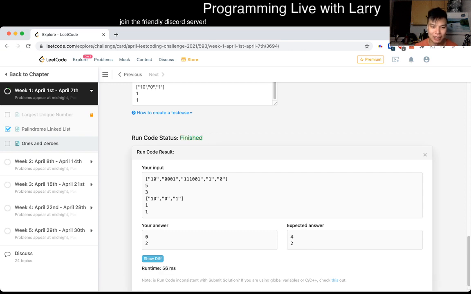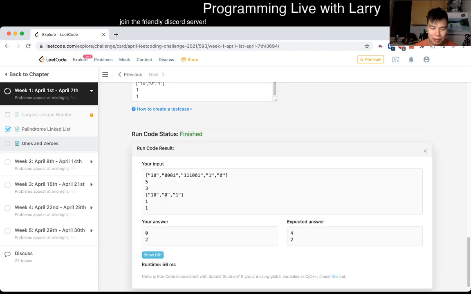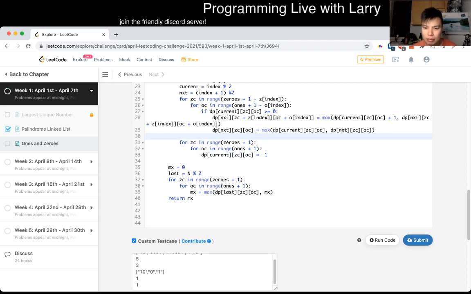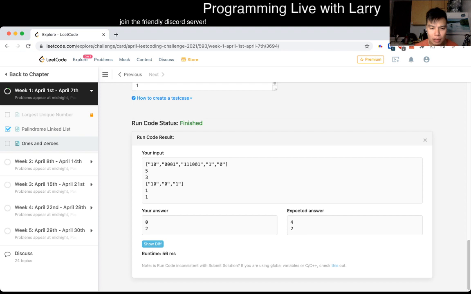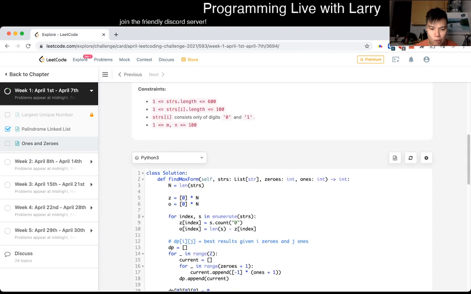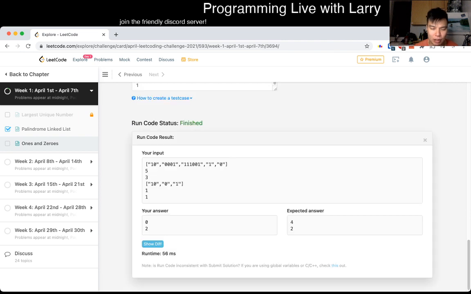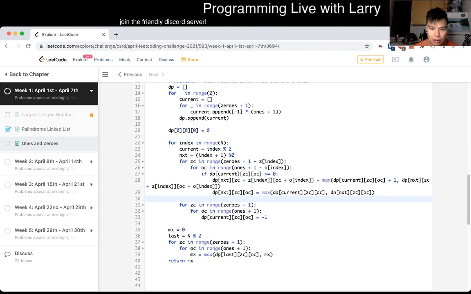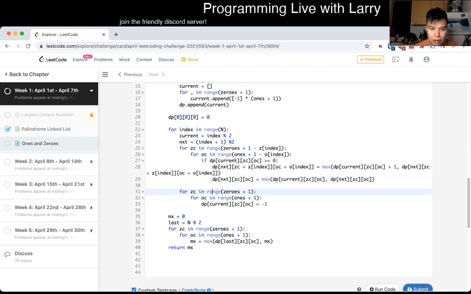Okay, so this is not right at all. Why is this giving me 4? I mean, I know why it's giving me 4, but why am I wrong? So wrong. So wrong. 0 is not an expected answer though. Like I expected maybe if I'm wrong, I get it wrong in another way. But that's awkward. Current. No, that should be okay. The last one should be n-1, so